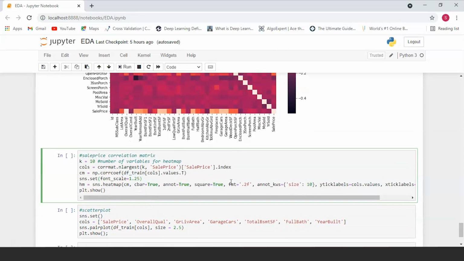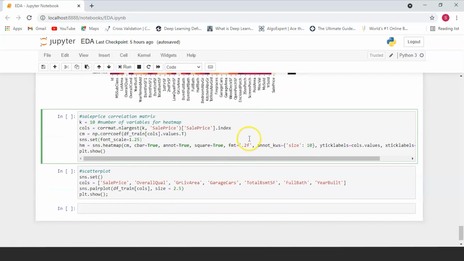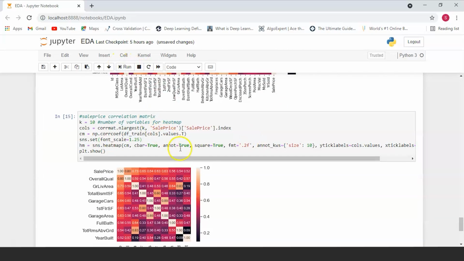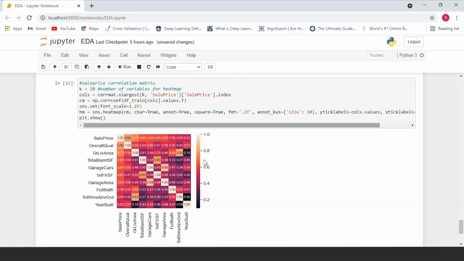Now, let's get the sales price correlation matrix to get the variables which are most correlated with sales price. So over here you can see the variables which greatly affect the sales price. As we've already observed, overall quality, the greater living area, and the basement area are strongly correlated with sales price.